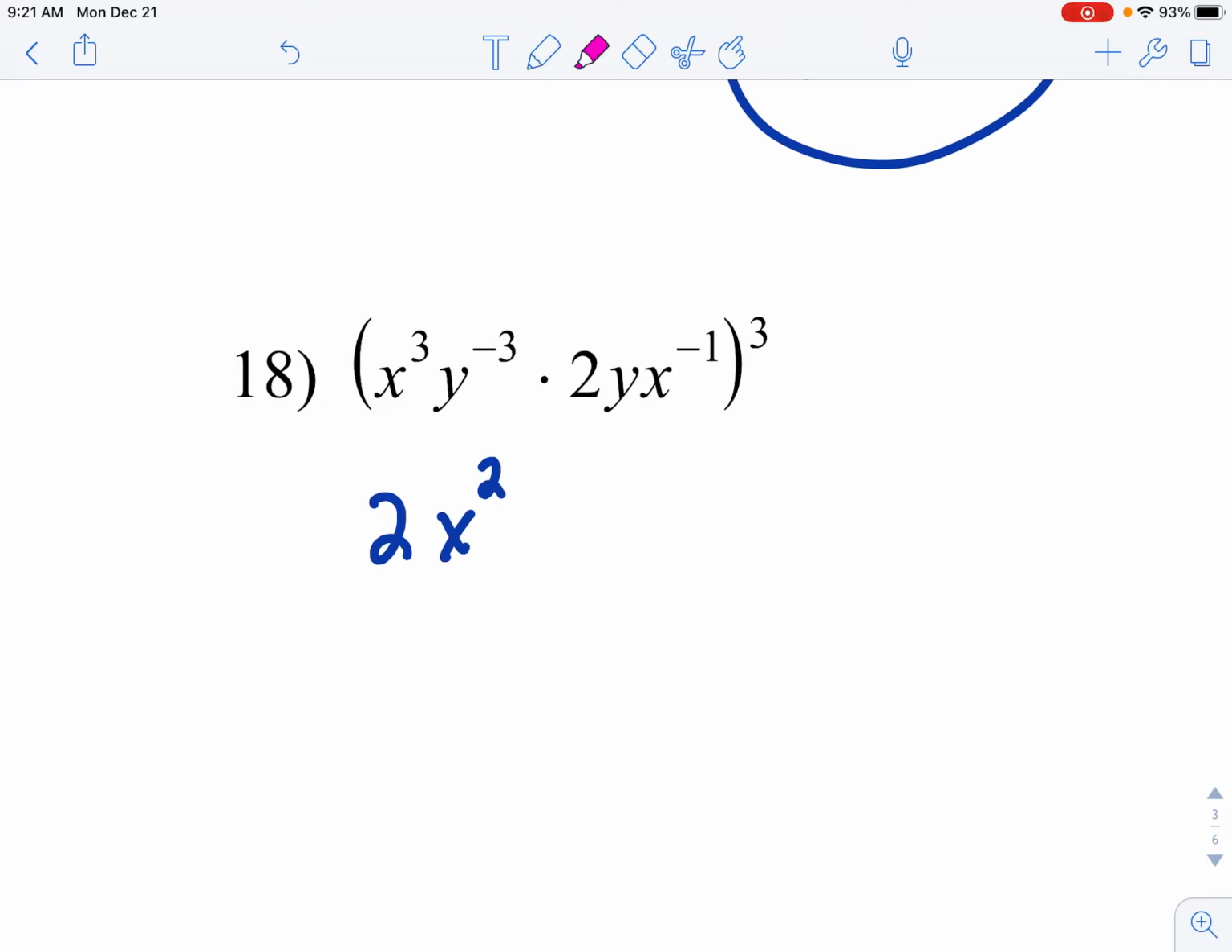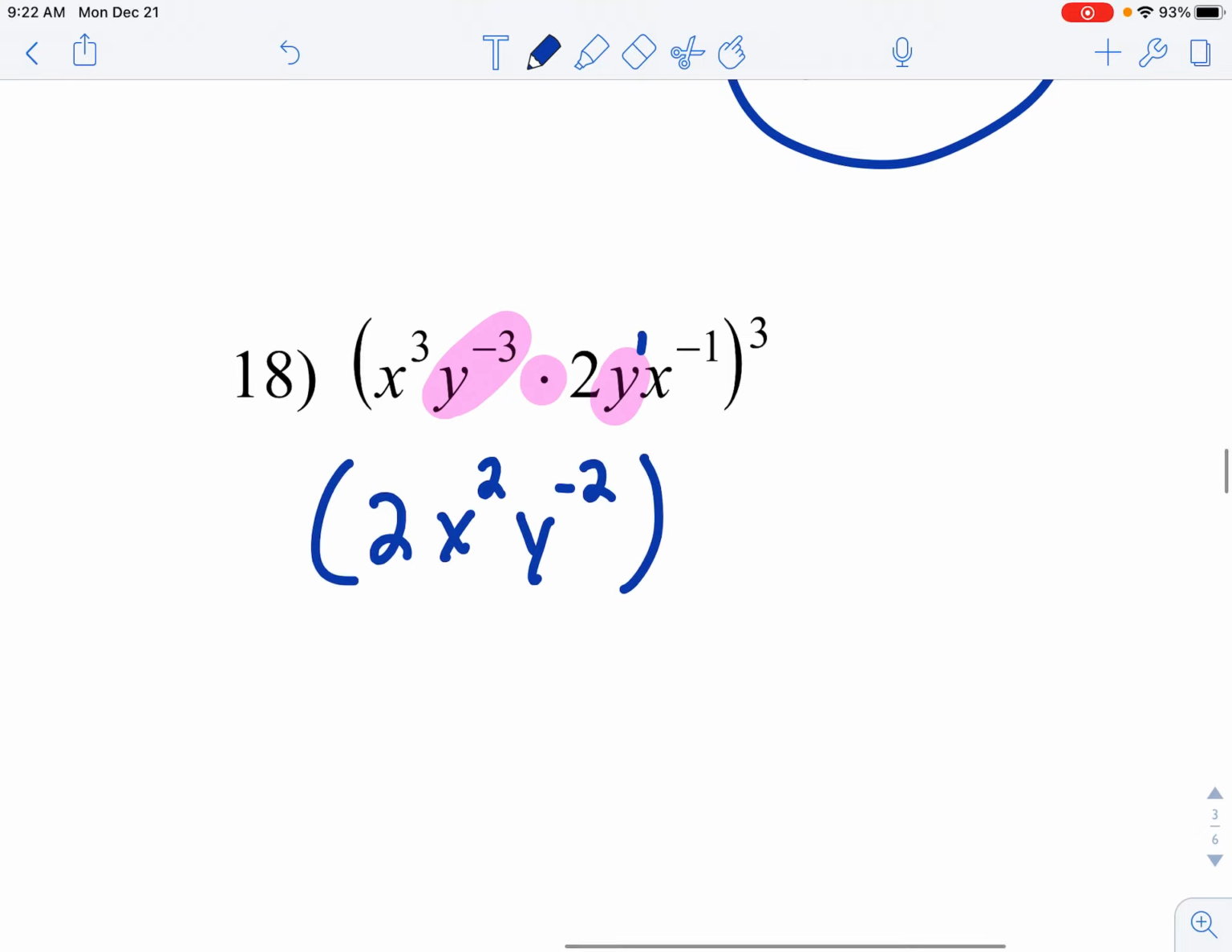Is that going to happen with the y's? If I multiply y to the negative third times y, well, remember that has an implied power of a 1 there. So negative 3 plus 1 is y to the negative 2. So no, that power did not go away. We'll deal with that in just a second because we still do have that third power there. That third power has to apply to everything in the parentheses. So I get